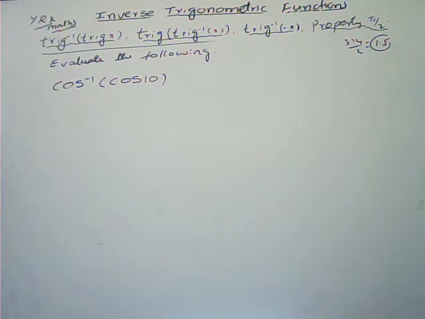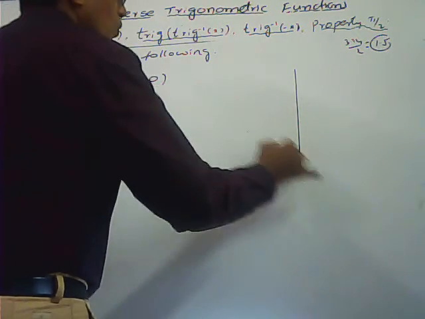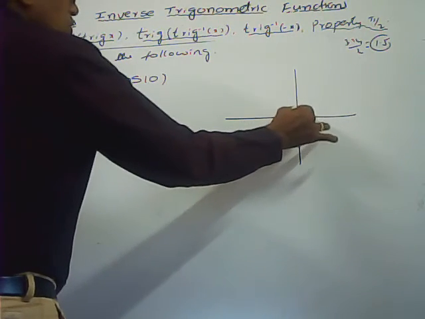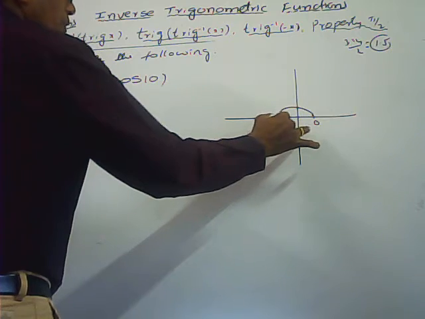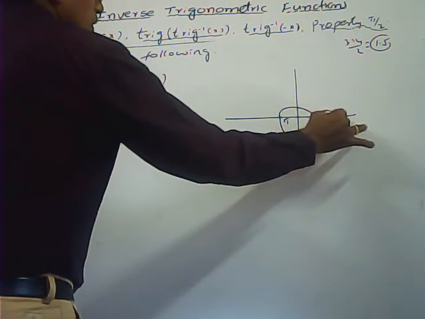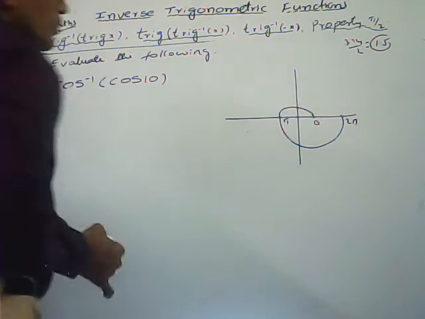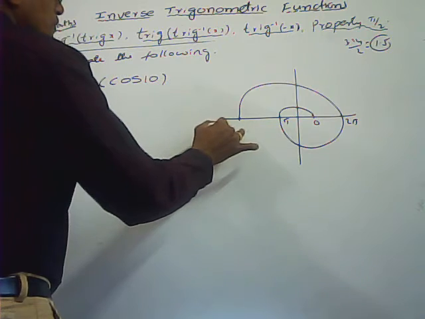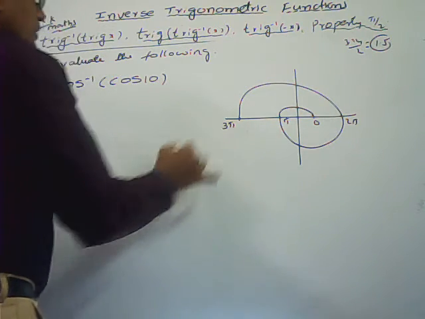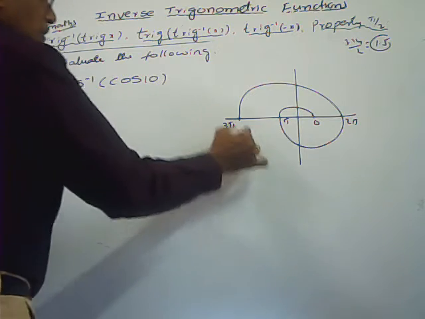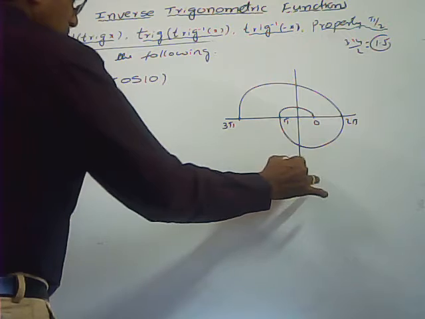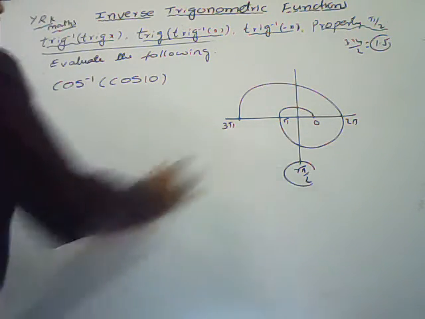Next, cos inverse of cos 10 radians. Here also, first you can check which quadrant 10 belongs to. It starts from 0, pi, value 3.14, this is 2 pi, 2 into 3.14, 6 point something, but that is 10. This is 3 pi, 3 threes are 9 point something. This is 3 pi plus pi by 2, 7 pi by 2. This is more than 10.